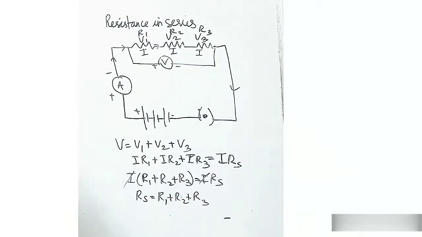If n number of resistors are connected, then R1 plus R2 plus R3, it goes on till you reach Rn. This indicates the number of resistances. So this is the resistance in series connection, means resistors in series connection. This is how to find resistance when a number of resistors are connected in series. Now we'll see the next part, that is resistors in parallel connection.